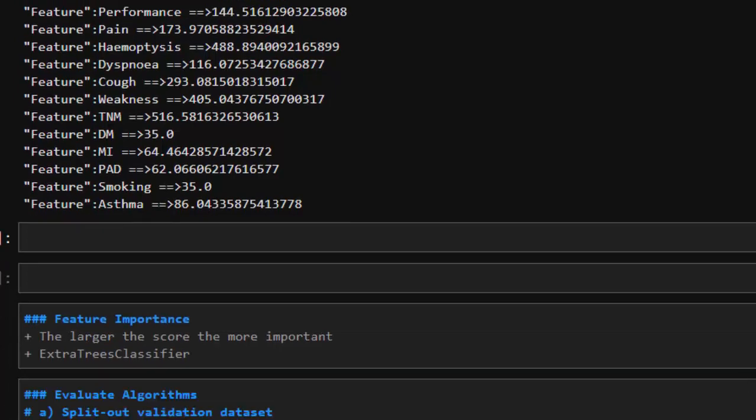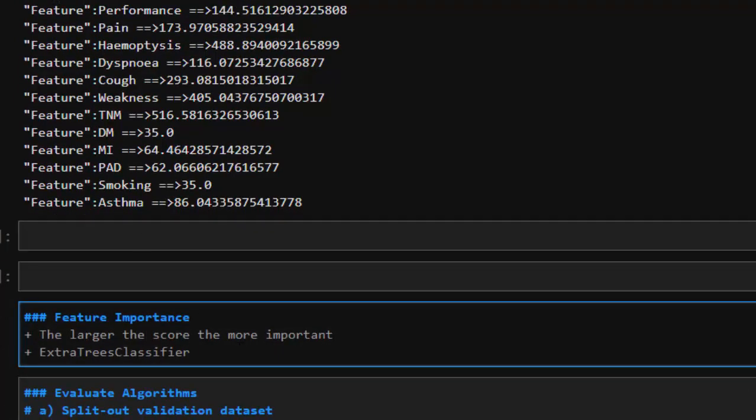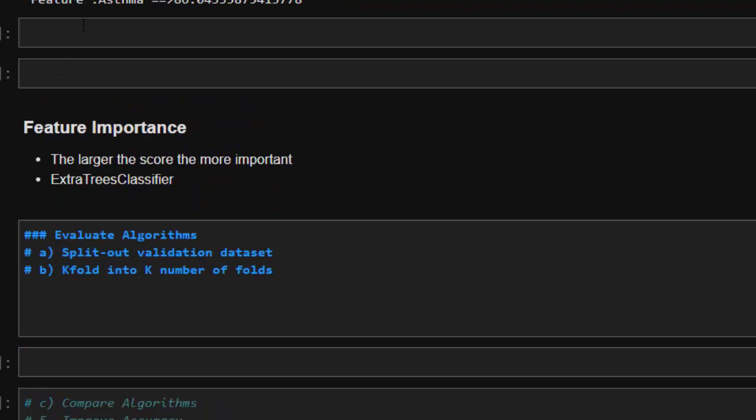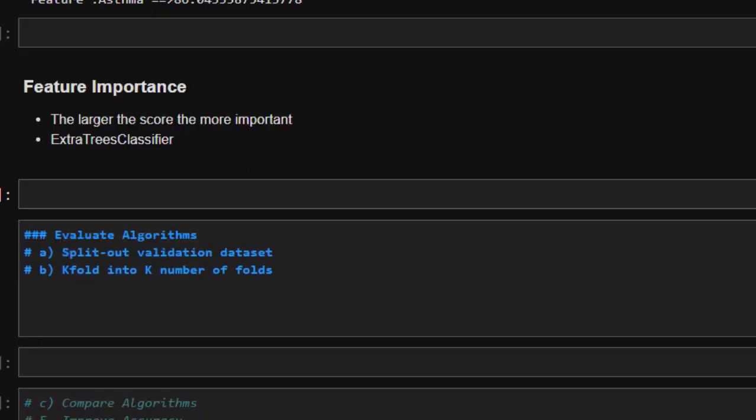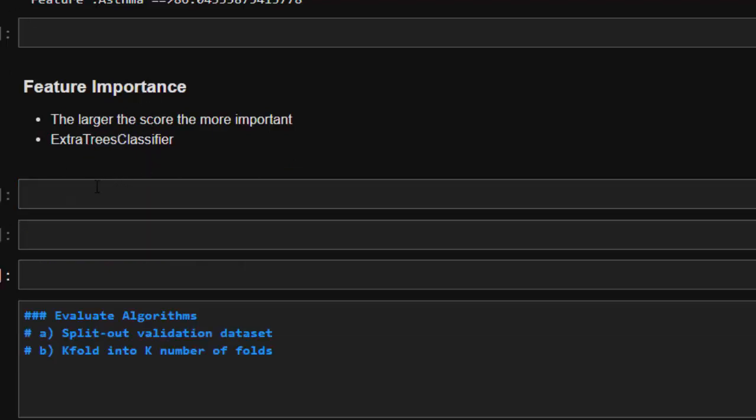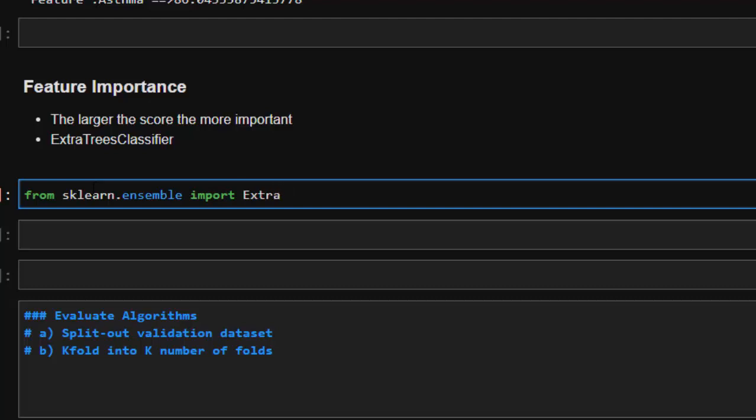Now let's move on to feature importance. Which of the features are very important? So to check for the feature importance, we're going to be using an extra trees classifier. So it's going to be from sklearn.ensemble, right? Import ExtraTreesClassifier, right? I said the extra trees classifier. Yes, this is going to help us to show you which features are more important,